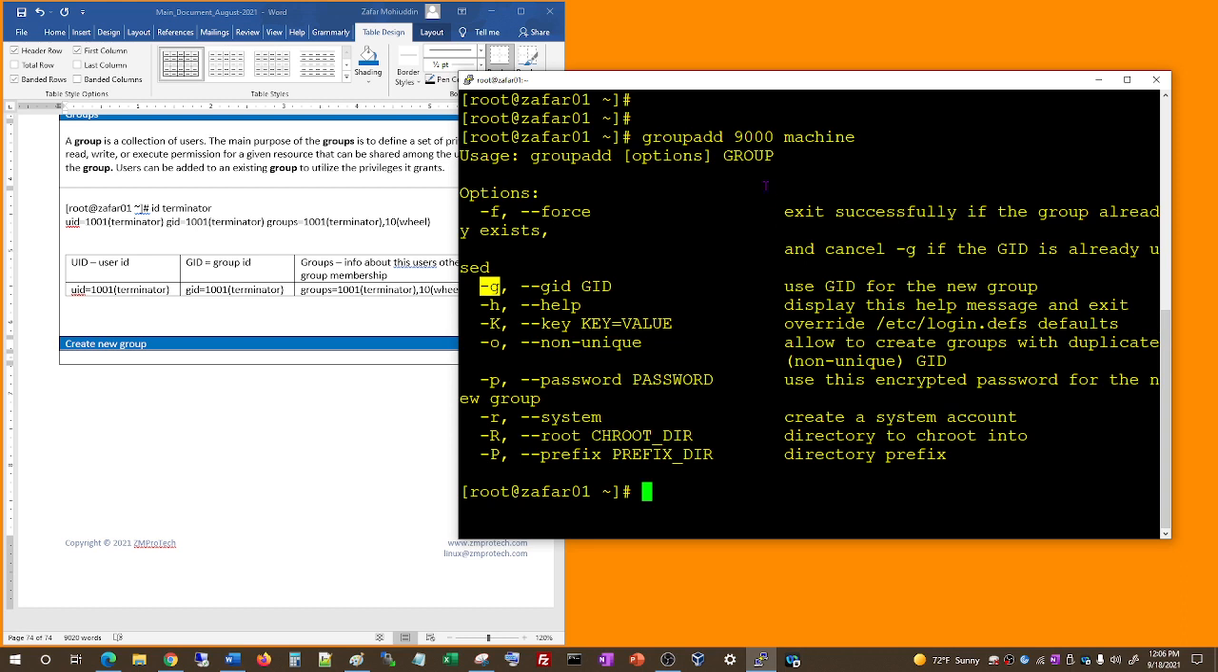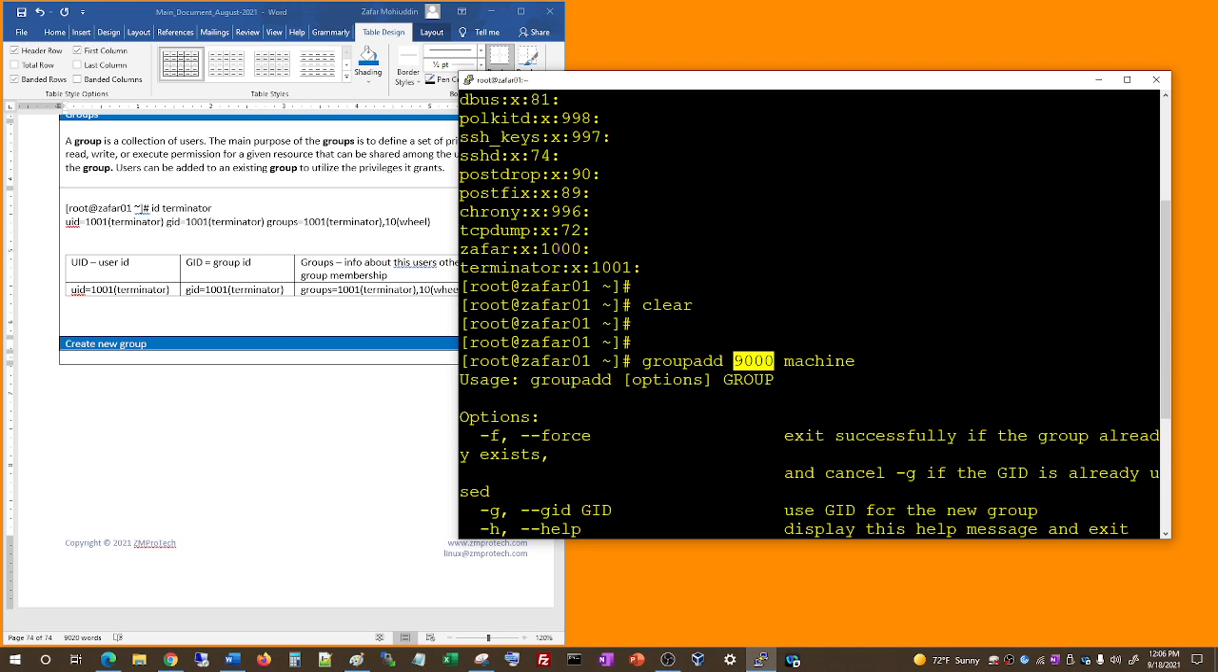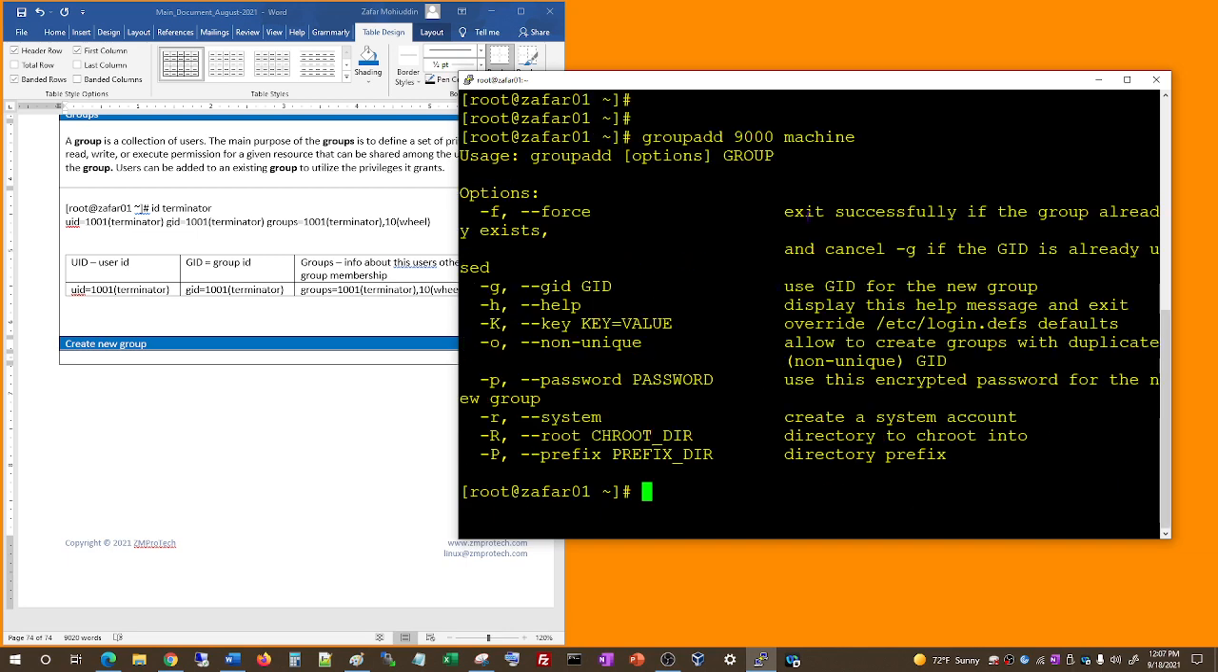So now that I'm specifying, if I don't specify the number, it would take the next number in line. It will take like 1001, 1002, but I'm specifying the group number here. So what I'm going to do is